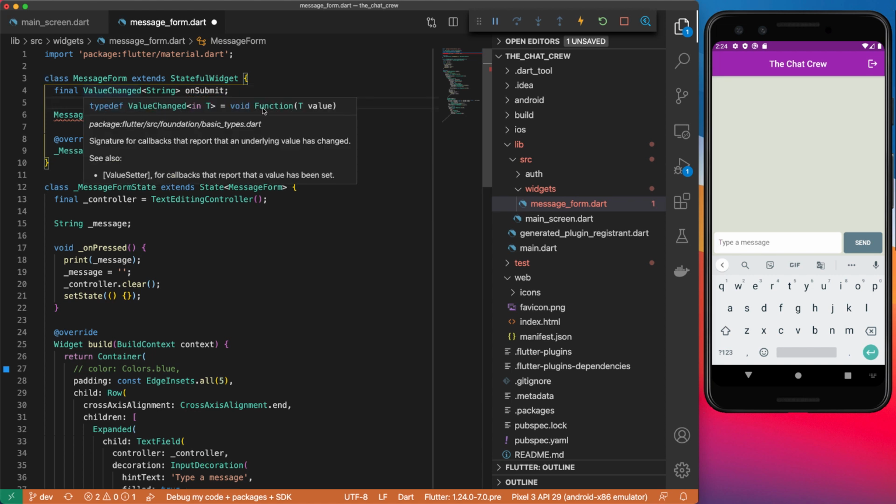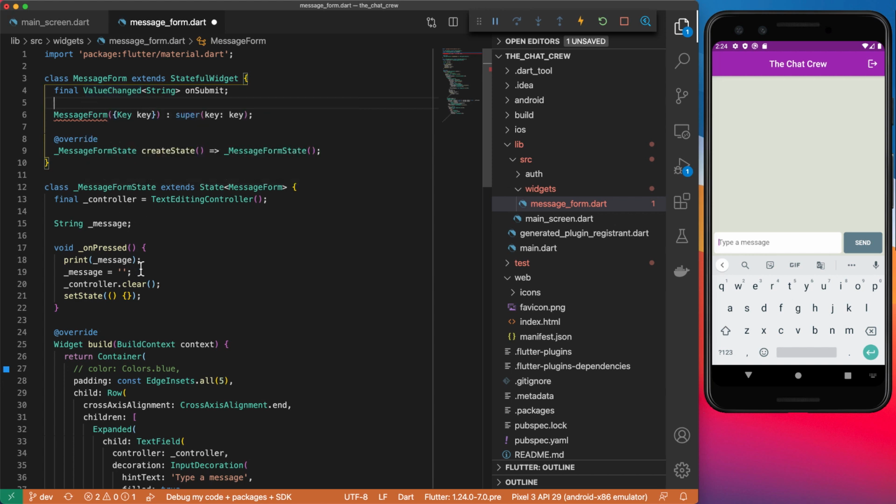It's basically a function that exposes an argument. And we use that because over here, we are going to do widget.onSubmit and we're passing in message as the argument. And lastly, we need to define this here like so,